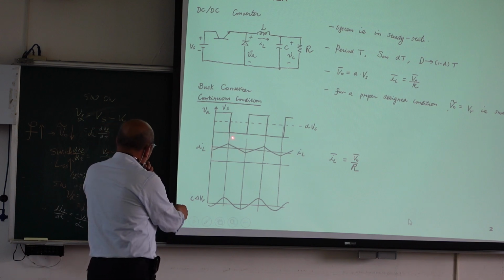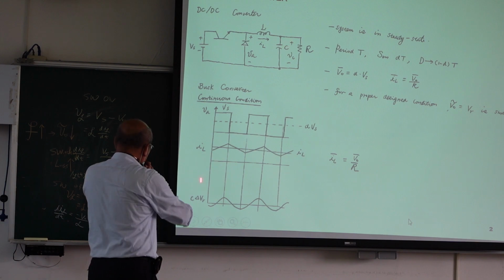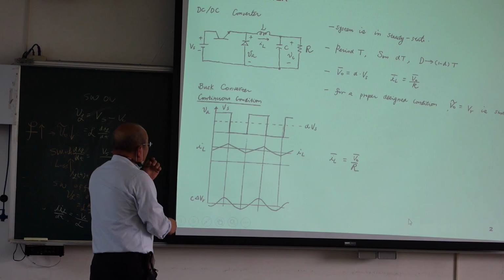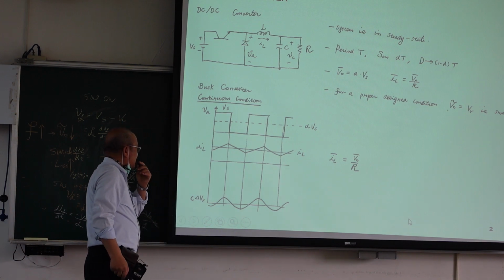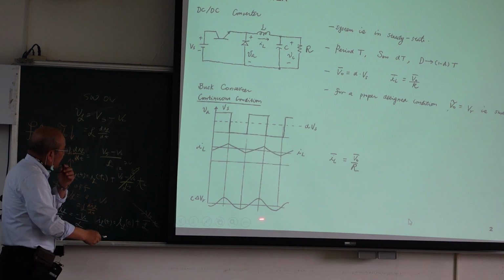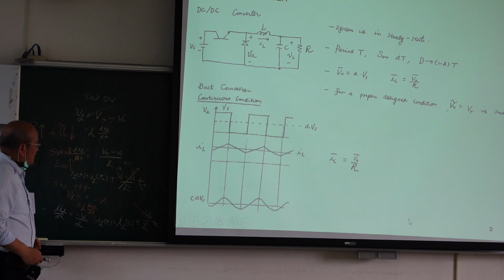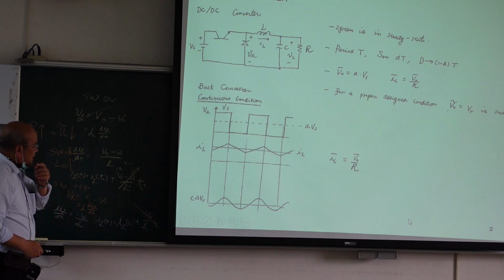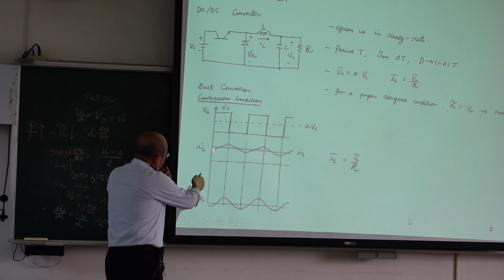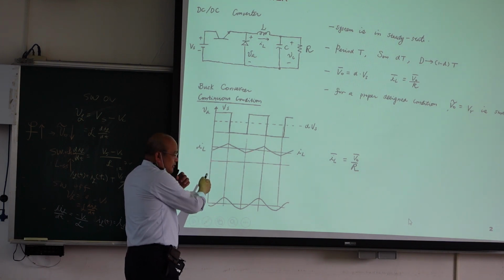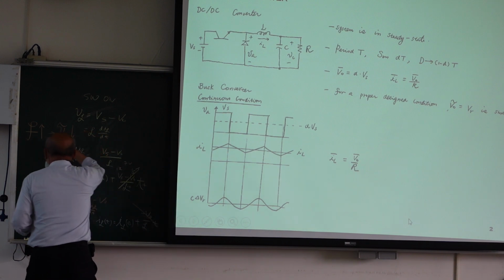So if we have IL like this, then how about the capacitor voltage? It is like this. So we create ripple. So then we can learn this one. This is the fundamental idea. So how about IL current? Do you think that the IL current touches zero? Here is zero. If IL current touches zero,